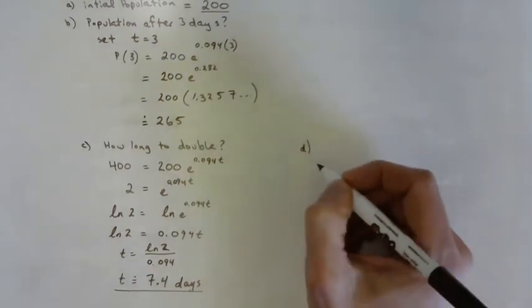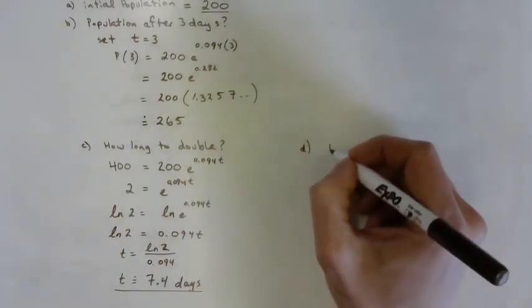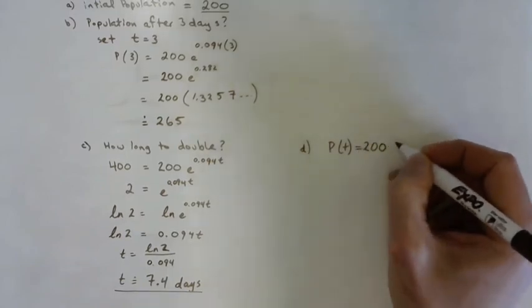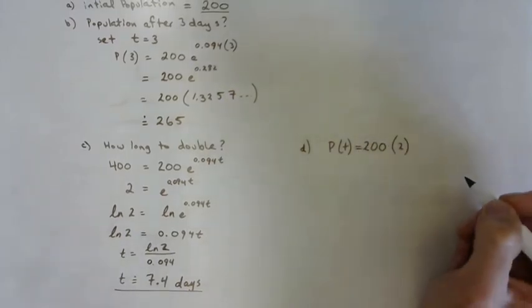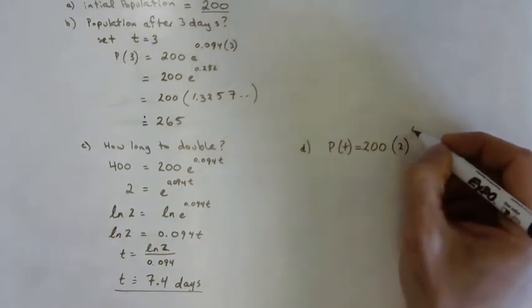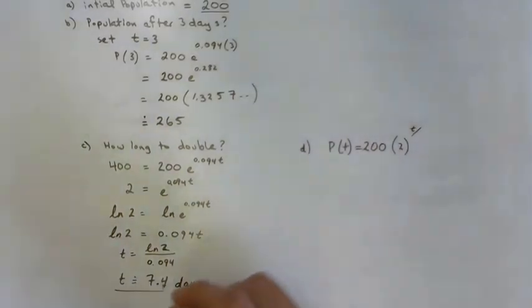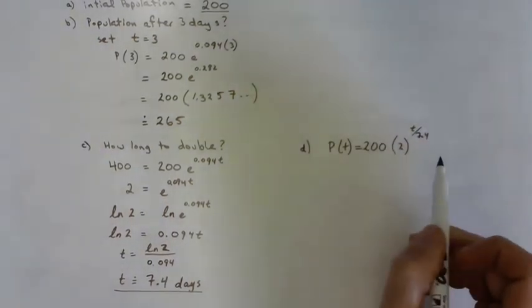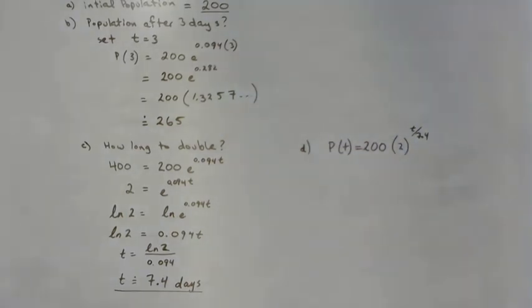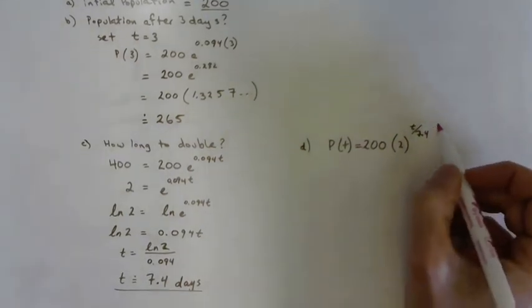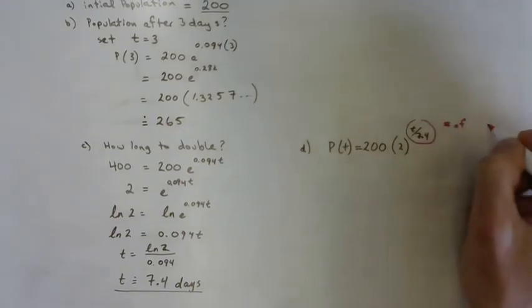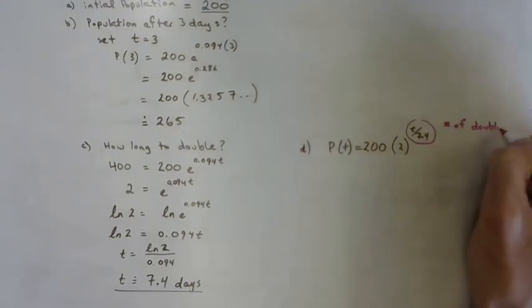So when we move over to D, and we have to express our population function with a base of 2, we know that the number of days is going to be divided by our doubling period, which is 7.4. So again, to clarify why we have a fraction here, this is the number of doubling periods